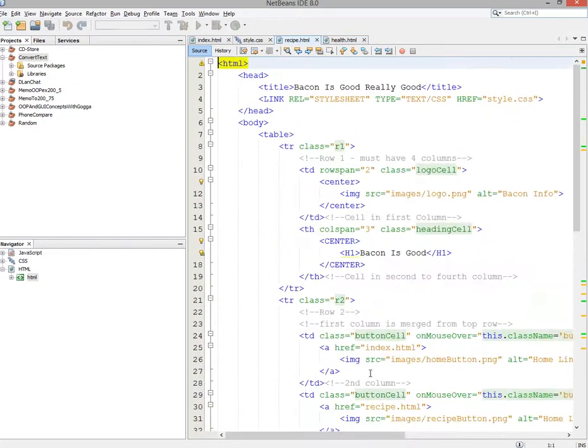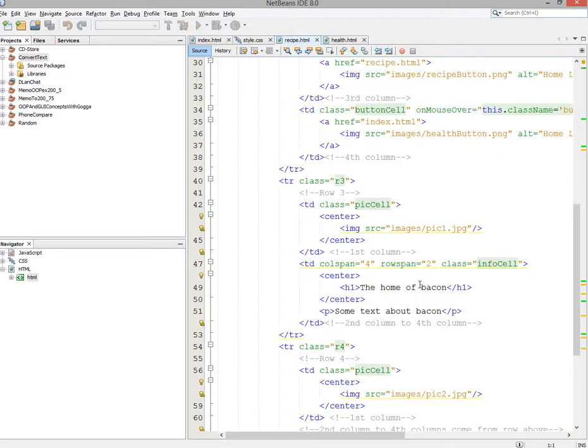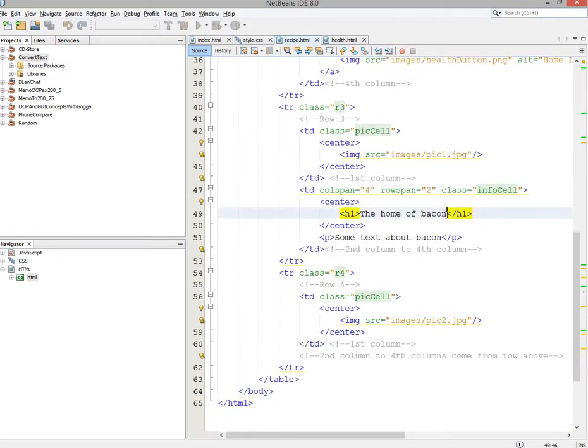So now on the recipe page, all I'm going to do is change the content of my main body here. So I'm going to call this the recipe